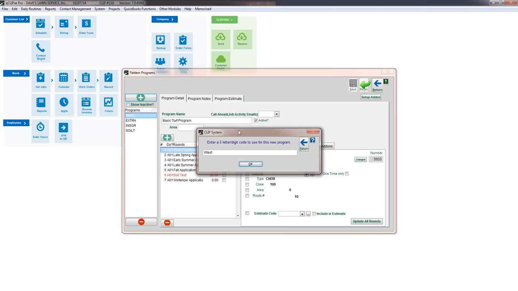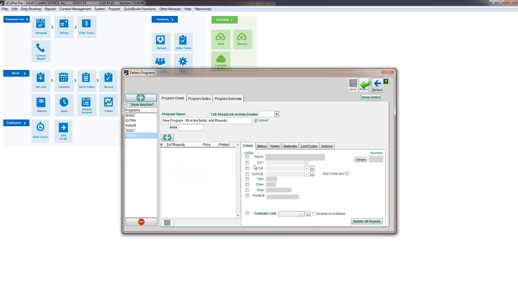So we'll go ahead and press OK. And then from here, we can add as many rounds as we need. Now, some companies have one program and all of the rounds of any chemical application they do on a property under the rounds. Other companies have a 3-round program, a 4-round program, and they offer the different services